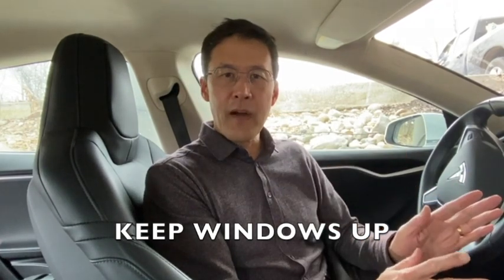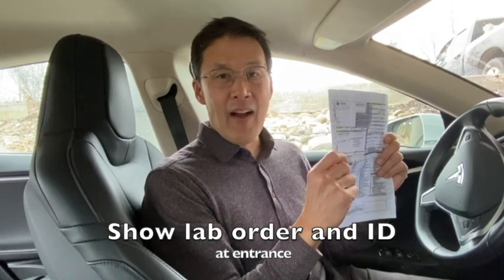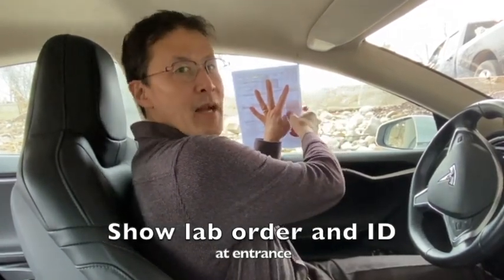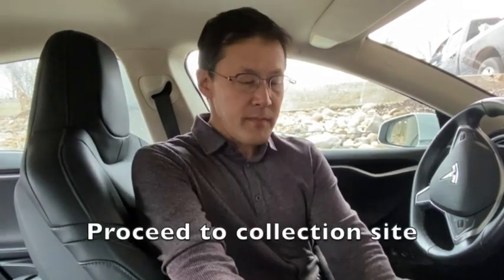When you initially pull into the fairgrounds, when you go to that checkpoint, they'll say, keep your windows rolled up. You're going to show them the lab slip that you've gotten from your doctor. It's going to look something like this. You're going to have that and your ID, driver's license or another pictured ID. You press it right up against the window like this, so the healthcare worker on the other side will be able to see that, see who you are, and that way they'll cross you off the list because you're generally going to have an appointment for this. Then you proceed along until you get to the site where they're actually going to take your sample,